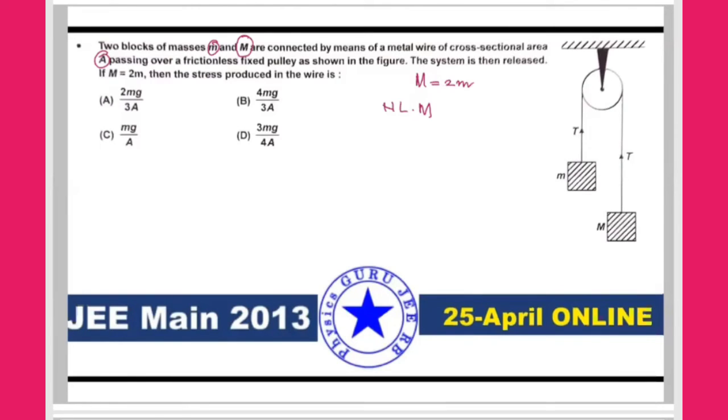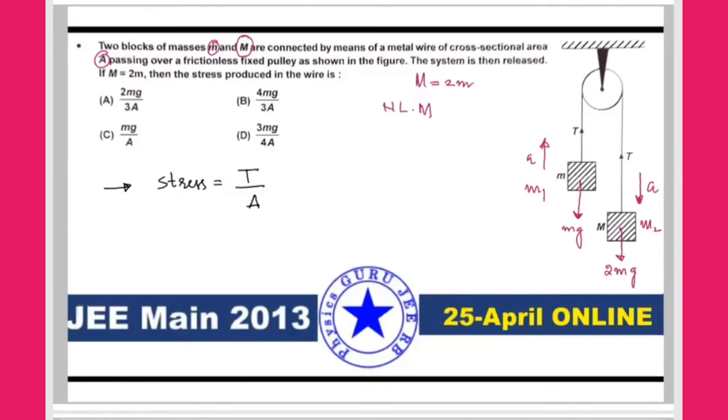Now I'll proceed. Here, stress produced in the wire can be written as stress equals force divided by area, that's nothing but tension divided by area. According to the diagram, the weight of the small mass is acting downwards, which is small m into g, and tension is acting upwards. Here capital M into g, which is nothing but 2m into g, and tension is acting in the upward direction. So the acceleration of the system is in the downward direction, and the other goes in the upward direction. Let me take the first body of mass m1 and the second body of mass m2.